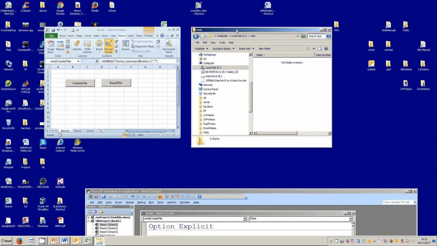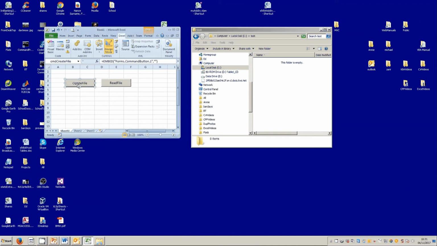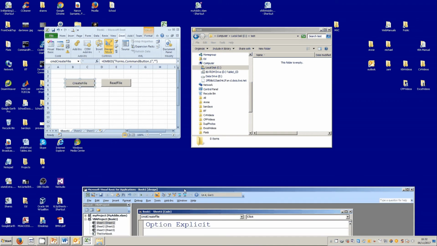It's probably a good idea to create a folder first of all, which I've done here on C drive. I've called it test, so I can write my files into that folder. So I can double click on my button and write some code in there